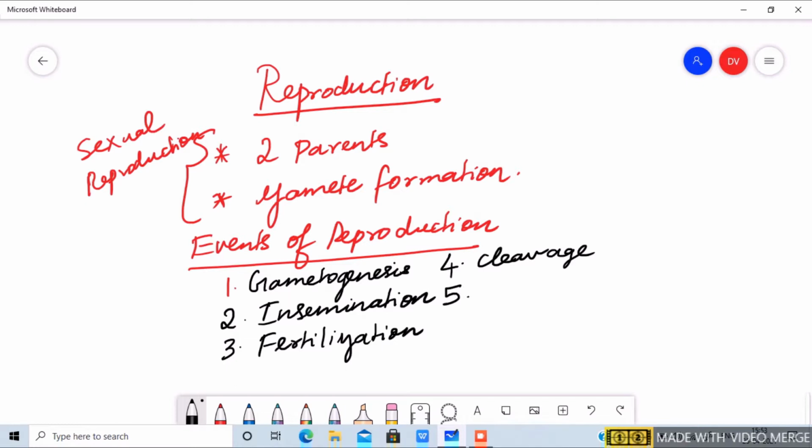The zygote divides to form blastocyst and that has to get implanted. So that process by which the zygote divides is cleavage and it forms blastocyst which gets implanted. So you call it implantation. Alright? Now what has to happen after implantation? What do you think will happen after implantation? The embryo is implanted and then you have something called as